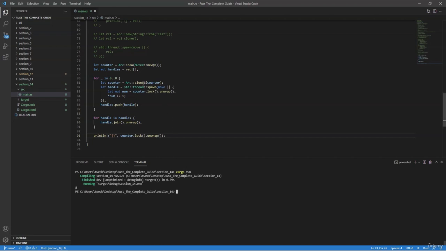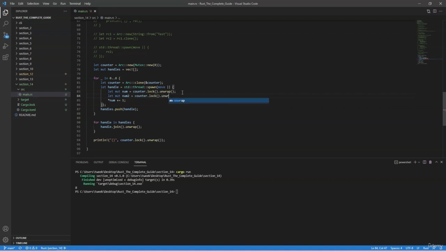So now that we see kind of how mutexes work in a sense, let's see what would happen if we created a deadlock. So now we'll say let mut num2 equals counter.lock().unwrap(). So now here we're saying, hey, we're giving the lock to num, but now we have num2 also requesting that lock. And what this is going to do is it's going to prevent